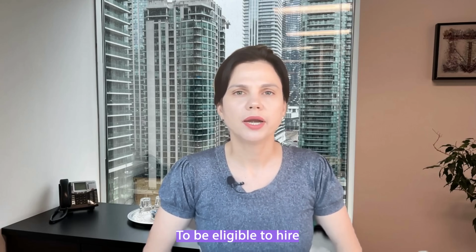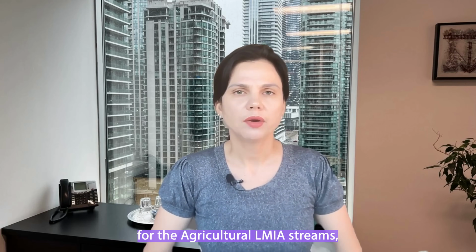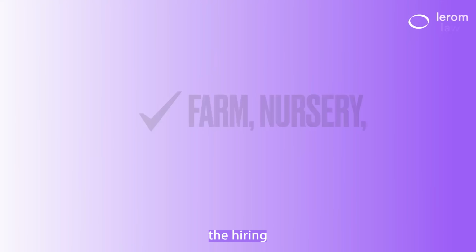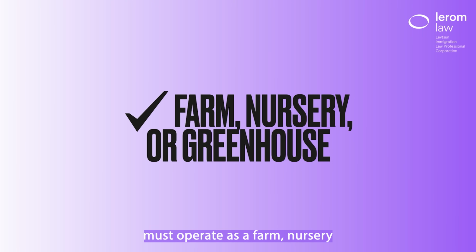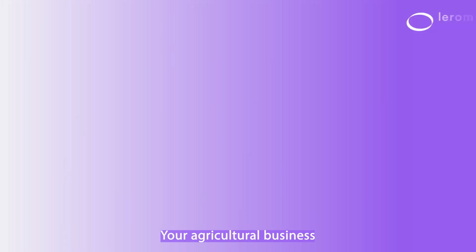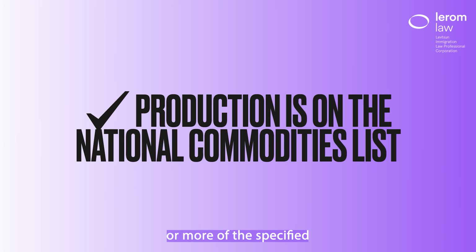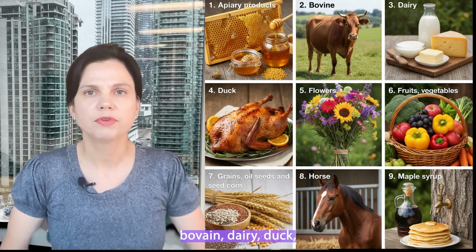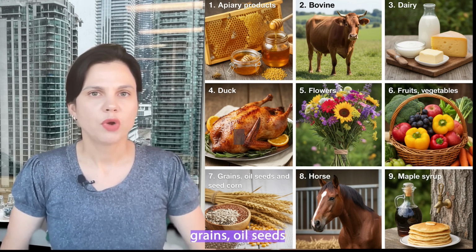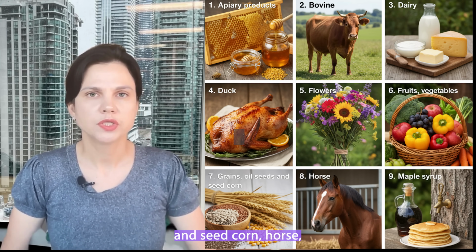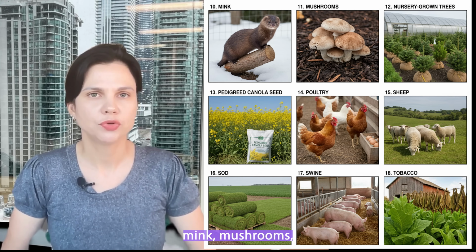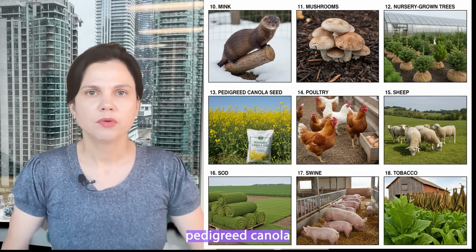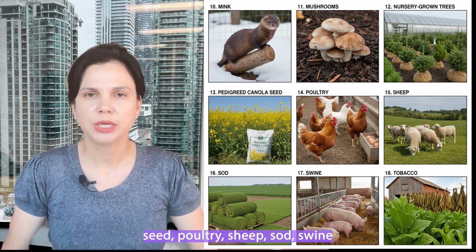To be eligible to hire temporary farm workers for the agricultural LMIA streams, the hiring agricultural business must operate as a farm, nursery, or greenhouse. Your agricultural business must produce one or more of the specified commodities. Eligible commodities are listed in Canada's National Commodities List and include the following: apiary products, bovine, dairy, duck, flowers, fruits and vegetables, grains, oilseeds and seed corn, horse, maple syrup, mink, mushrooms, nursery-grown trees, pedigreed canola seed, poultry, sheep, sod,